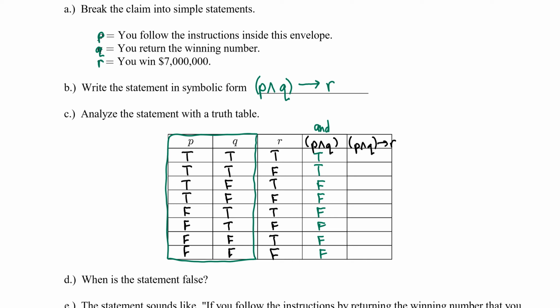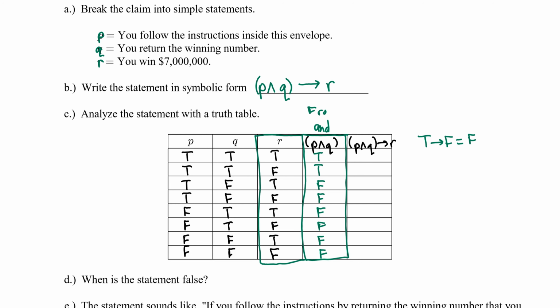Now we're ready to judge the truth value of the conditional statement. So we're looking at the rules for a conditional, and remember, this is the case we look for. If true implies false, then the conditional is false. But be really careful. We're going to go from the hypothesis, P and Q, to the conclusion R. So we need to go from this column to this column in order to obey the direction of that arrow. So in row 1, we have true implies true. That's true. Row 2, that's the one we look for. True implies false is false.